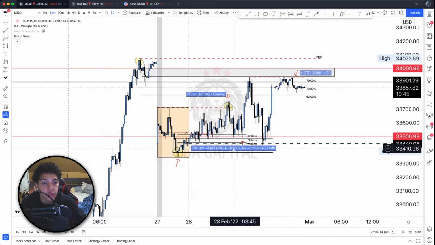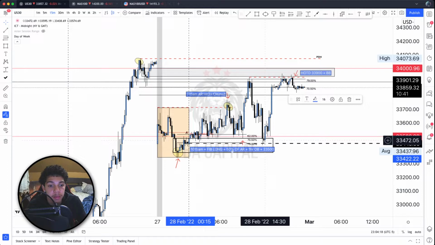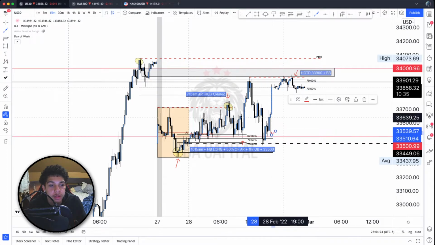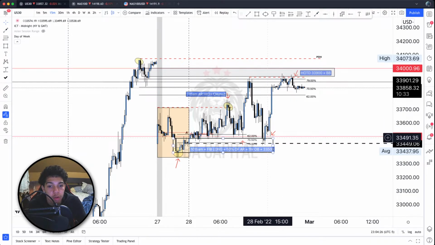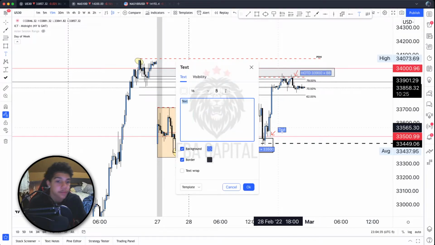Where did we get the low of the day? The low of the day ended up being made at what time? I'm going to say 14, which is about 2 o'clock. So at 2 o'clock, we had the low of the day after what? Trading back into this 1 hour order block. Trading right to the 12 a.m. open, 33,500. And then from here, price expanded to the top side once again. So let's annotate that. So at 2 p.m., we got the low of the day after trading into 33,500 plus